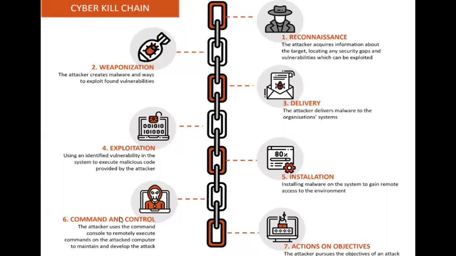The seventh phase is about the objective the attacker is trying to achieve, because for every attack, there's always an objective. It could be to escalate privileges, carry out remote code execution, or carry out a ransomware attack. That is always the objective of every attack. I don't know if you guys get my point. Is there any question?